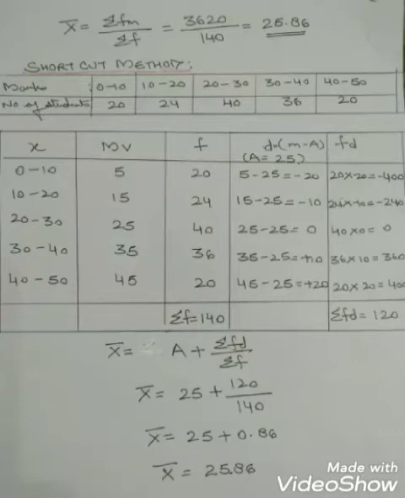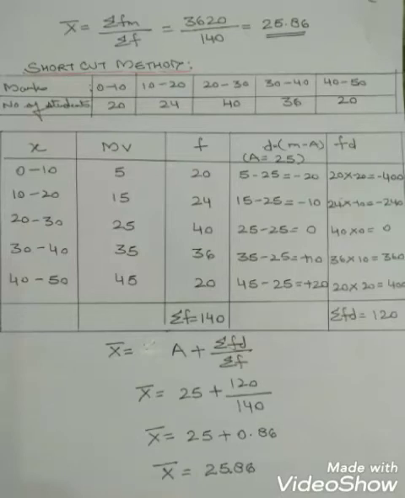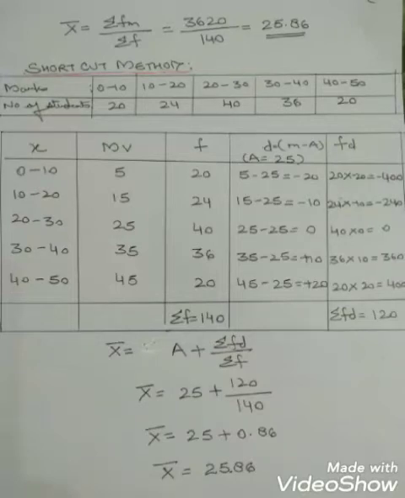Now here you have to be very careful because deviation has to be taken out from the mid value. Never calculate deviation from frequency. So your mid value is 5, 15, 25, 35 and 45. Now from this mid value you are going to assume one number. As I told you before, either you assume the central number or a number divisible by 2.